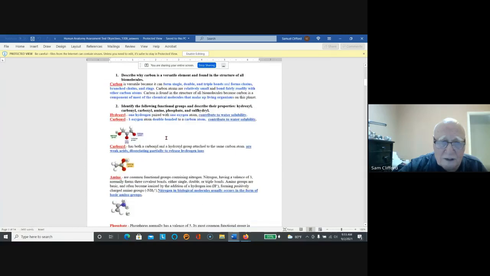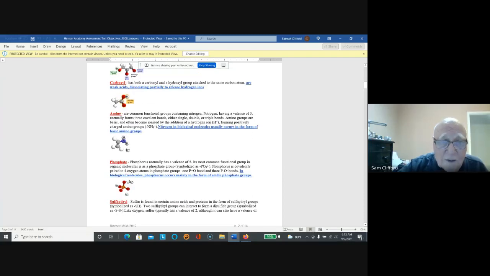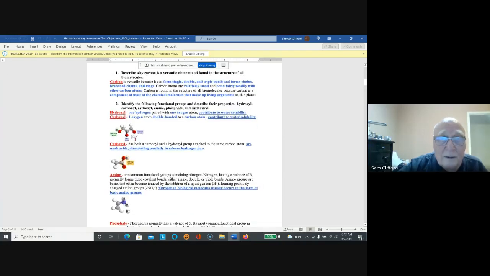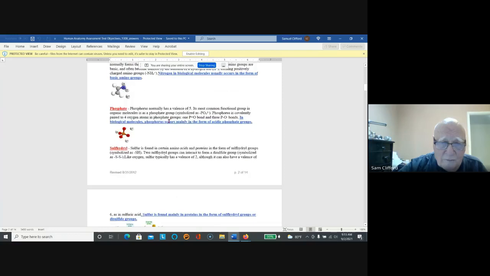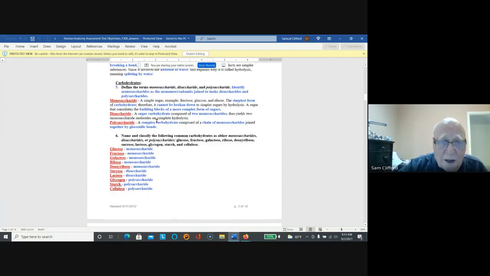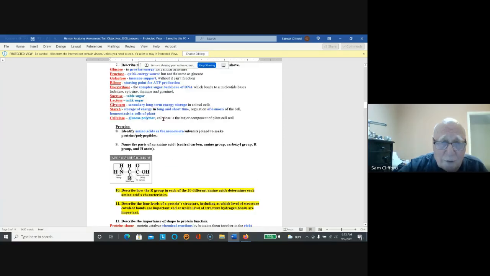So one of my students did this. This is functional group. There's the carboxyl group. There's the amino group. There's the phosphate group, and so on. So I would look at this document if you want to learn a little more about the topics of chemistry and cell parts. So if we keep going, we will have a discussion of biomolecules and sugars and proteins